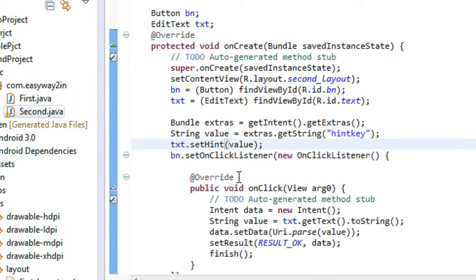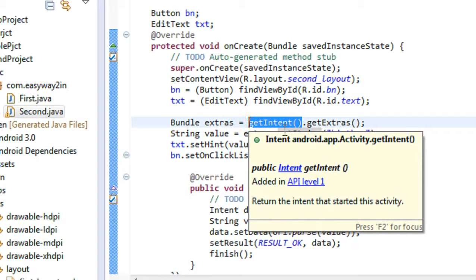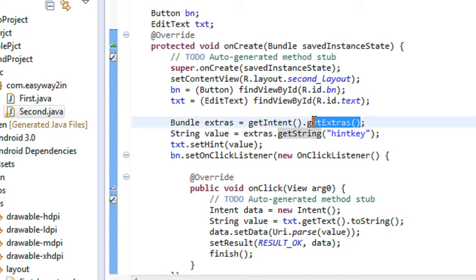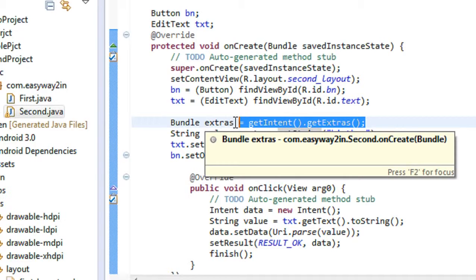On the target activity, again we create a bundle object. First we have to get the intent object, so we use the getIntent method. Then we have to get the bundle object from the intent object. That's why we use the getExtras method. After the successful running of this statement, you get the bundle object in extras.